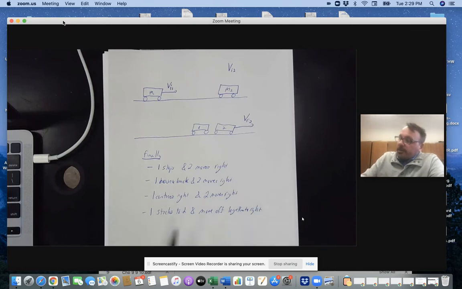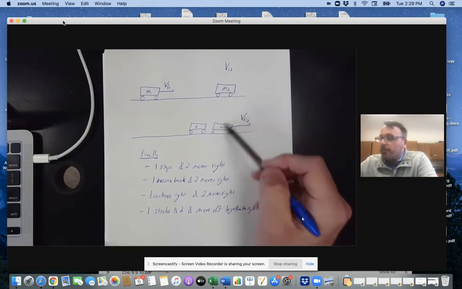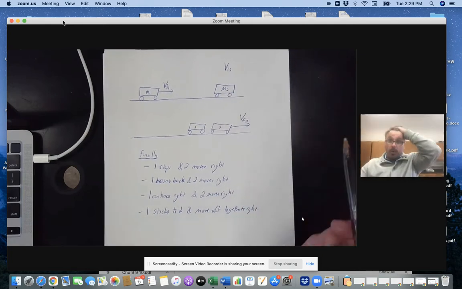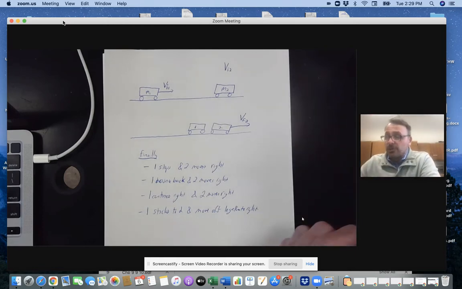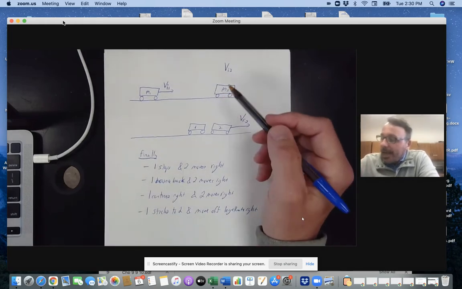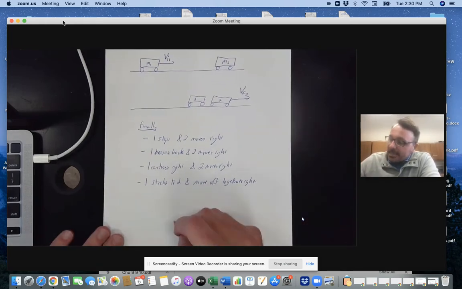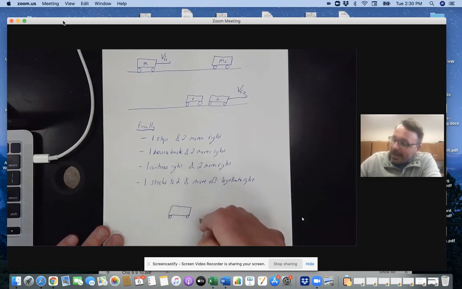So those are the options of what could happen here. But notice, no matter what here, 2 moves off to the right. Okay. Well, why is that true? Well, let's talk about what's happening here, specifically in the interaction. So in this interaction, what's going to happen if we look at this instantaneously? When they're in contact with one another, and I'm not showing them in contact because I want to draw some stuff,